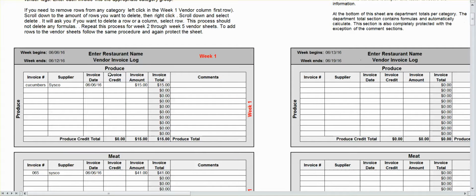As you can see, the work week begins on 6/6 because we entered that in on the daily sales sheet, shift one, and it ends on 6/12. On the vendor logs, this is what I would do. If it was a Monday and your manager checked in a produce order or Cisco, they should check in the truck because they've got to make sure that you received everything and that the